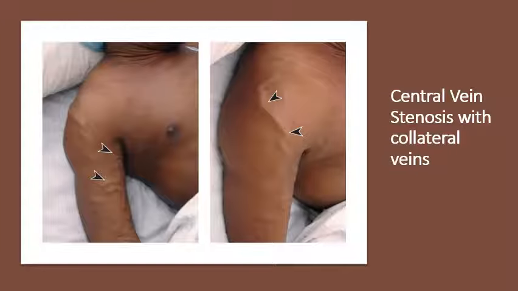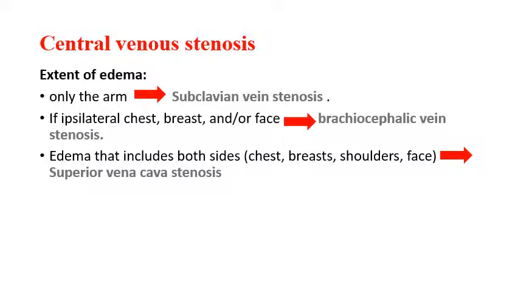Usually, if we know the anatomy of the upper limb, after the cephalic there is the basilic vein and then the axillary and then the subclavian, brachiocephalic and superior vena cava. These are the veins draining the upper limb. If there is obstruction at the level of the brachiocephalic, subclavian or superior vena cava, this causes swelling of the limb and presence of collateral veins in an attempt to drain this upper limb.